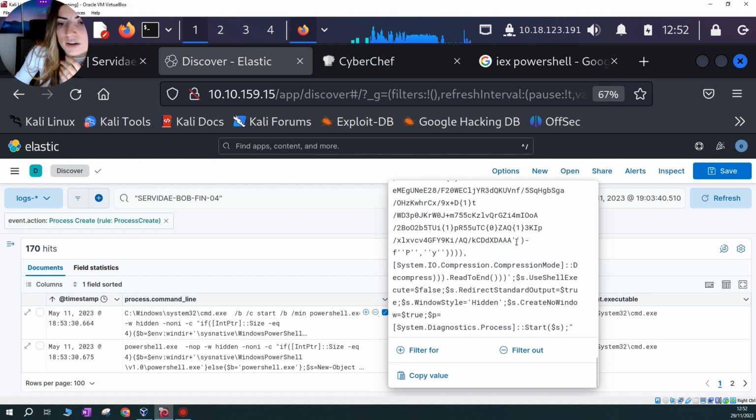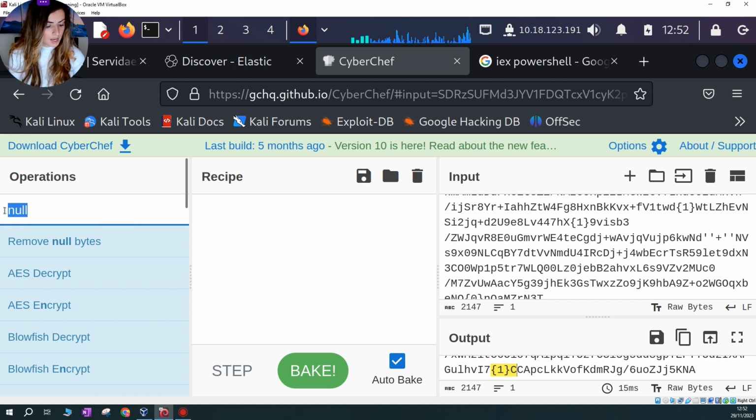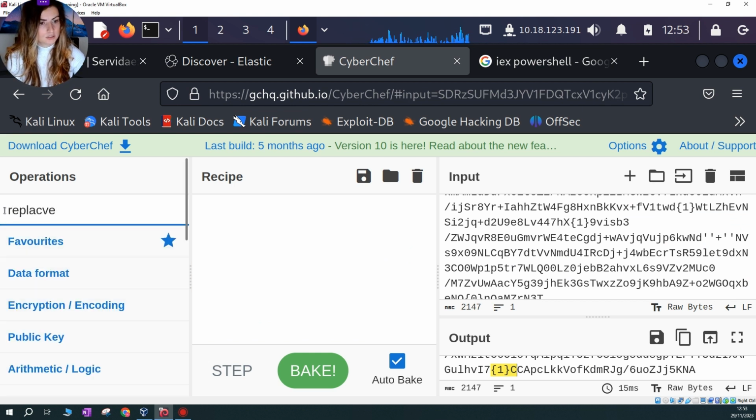So you can see here after the end of the script or the malicious command that's been obfuscated here, we can see F, which is for final, and we can see P and comma and Y. So between this is dash F, which means final, finish. And now between this single quote we can see P. I will grab this P between the single quote and go and use the